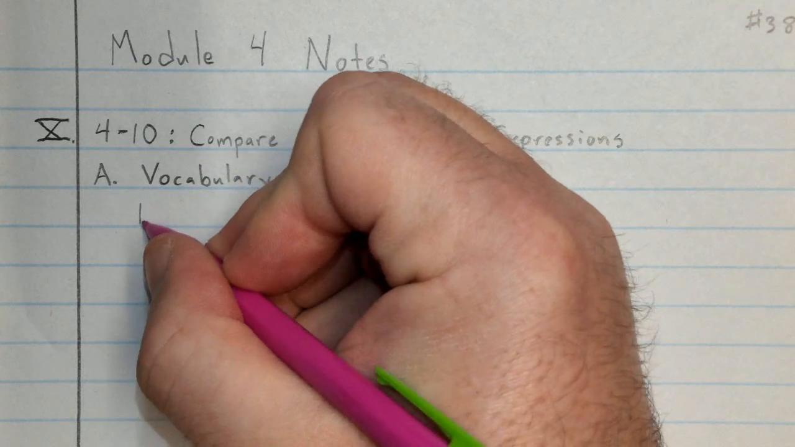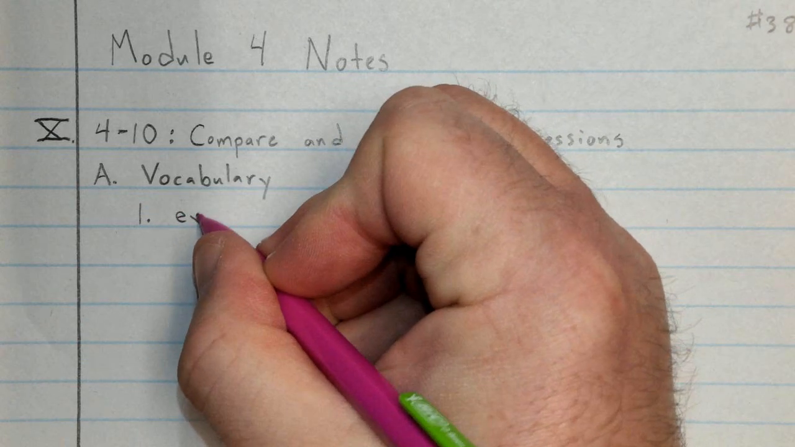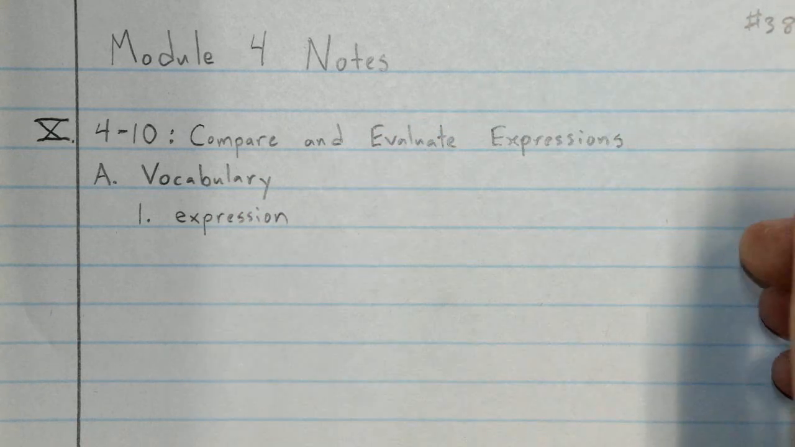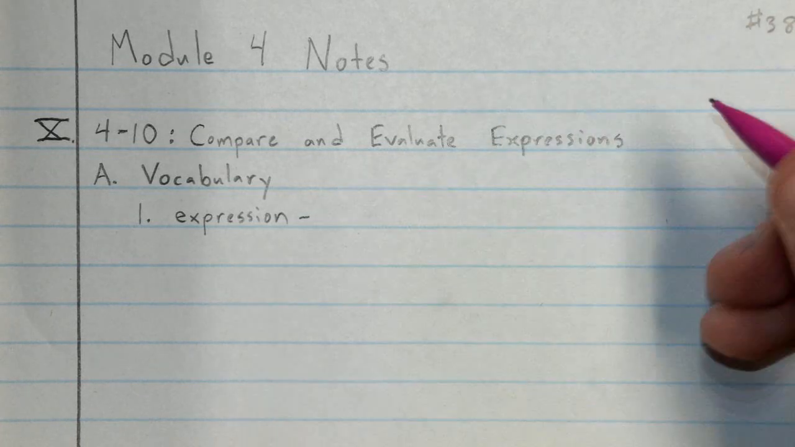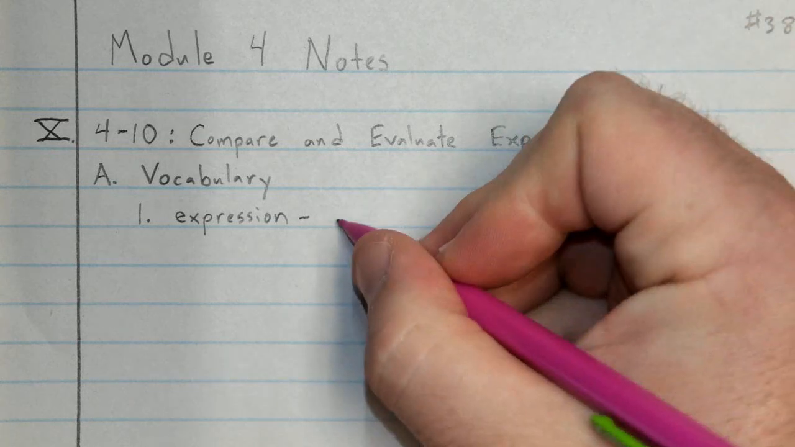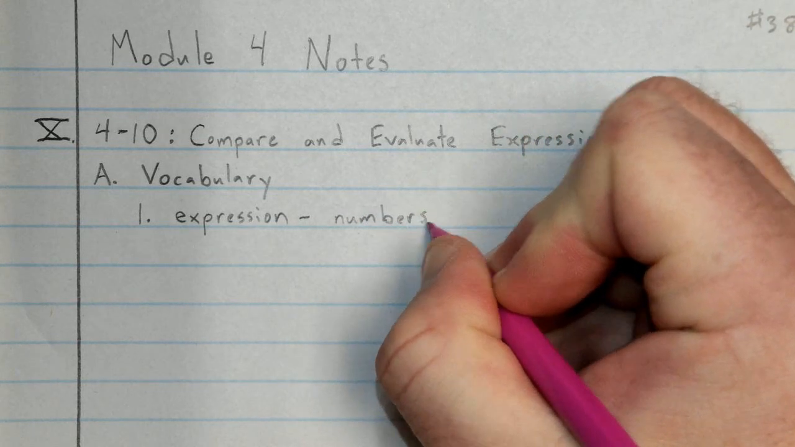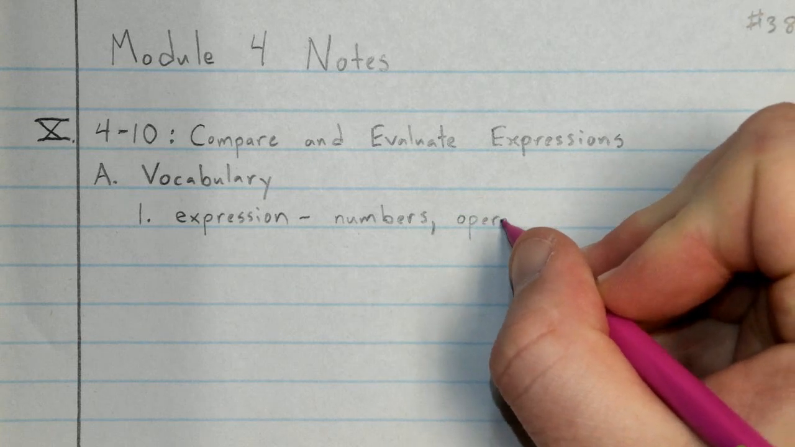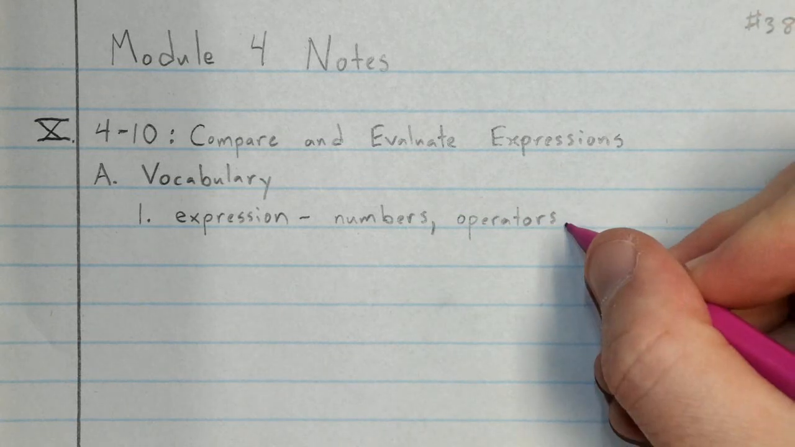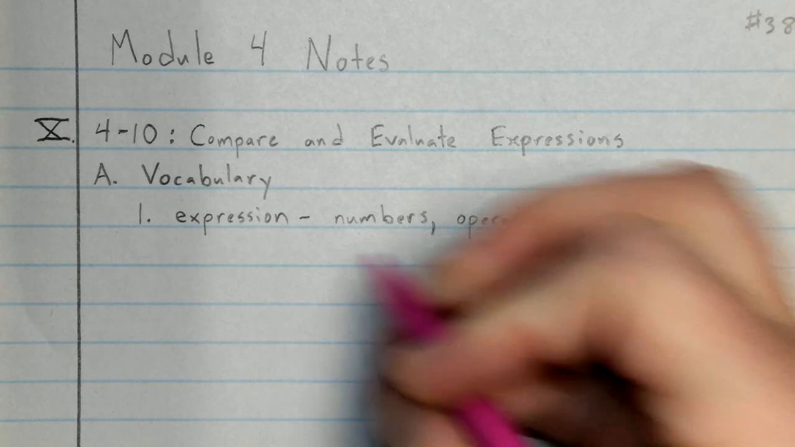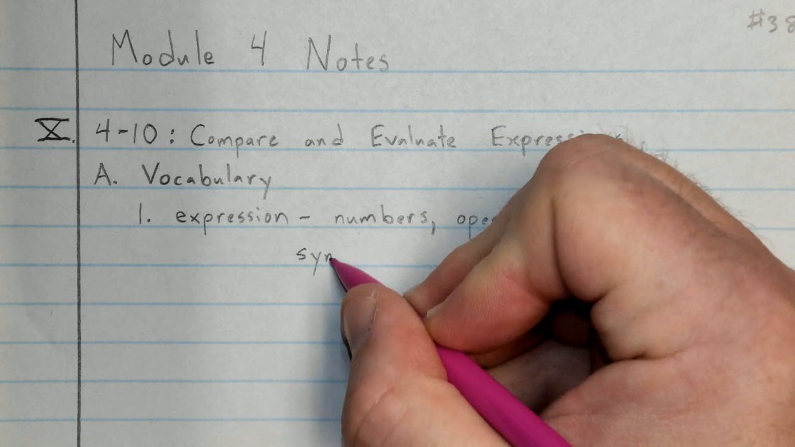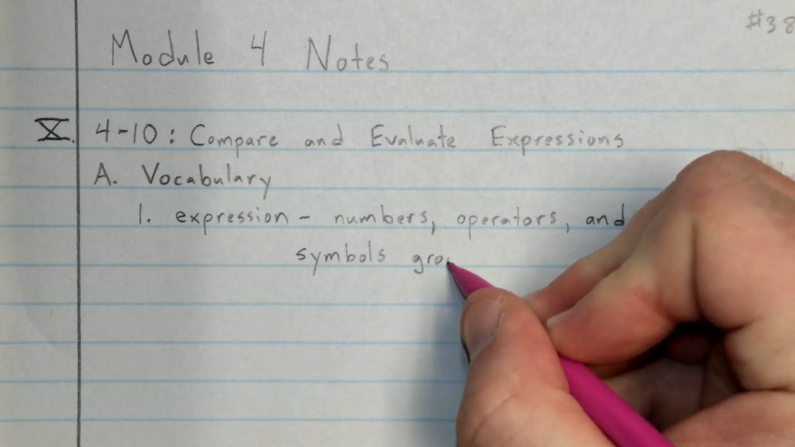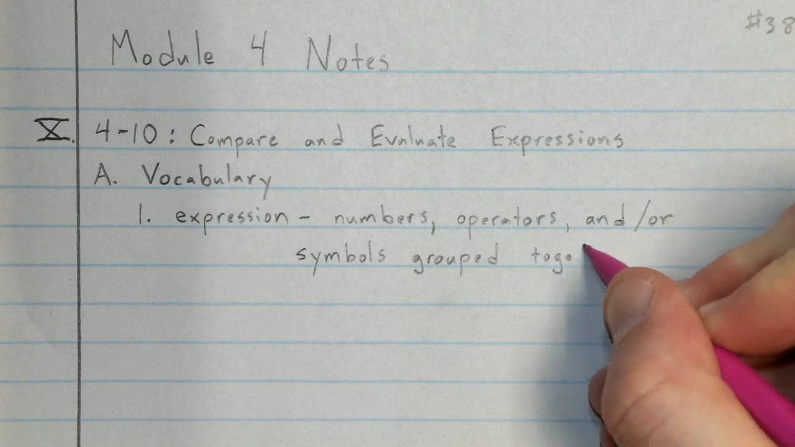Now, our first vocabulary word is going to be expression. Hopefully, this is familiar. It has come up in previous lessons. An expression, in math, is anytime you see numbers, operators, we'll talk about those in a second, those are very important, and or symbols. I was so excited about the symbols, makes me think of algebra. Numbers, operators, and or symbols that are grouped together, and this part's important, grouped together